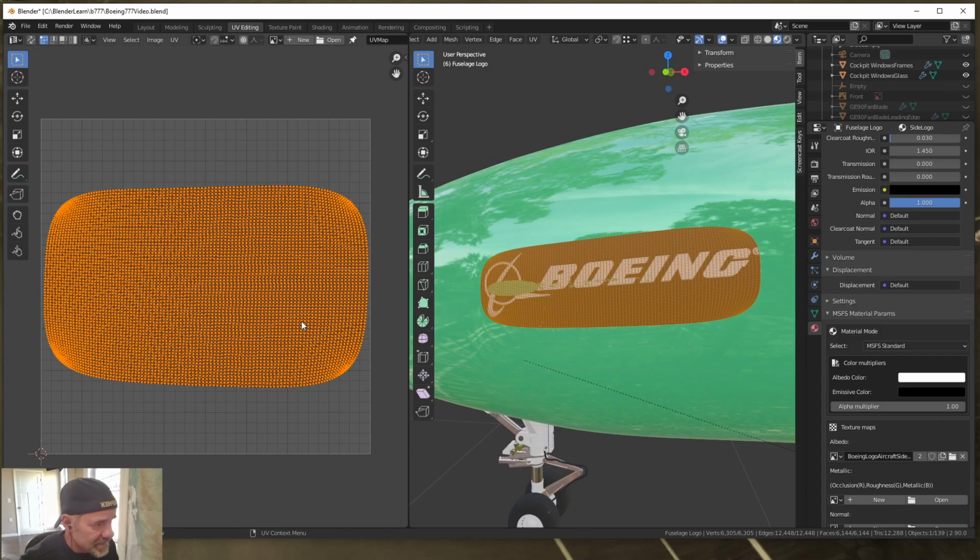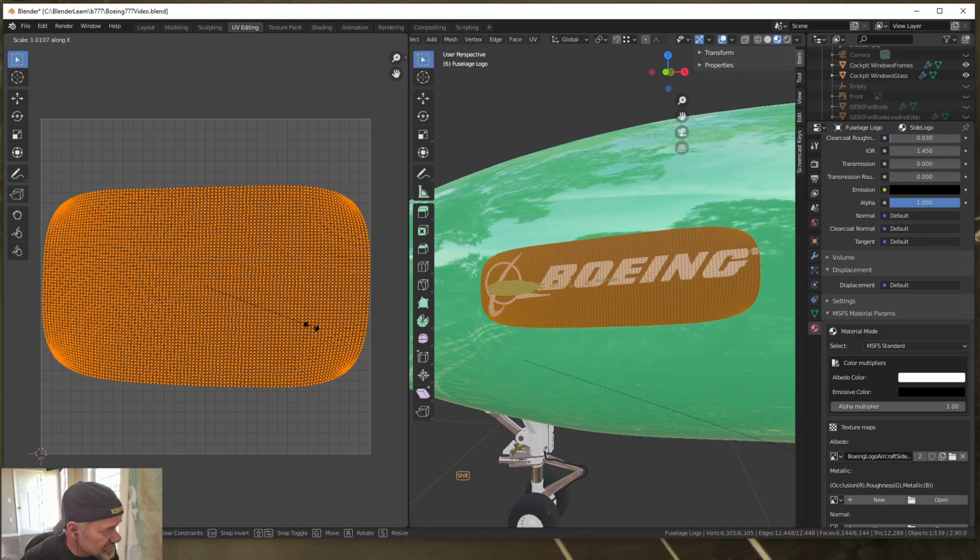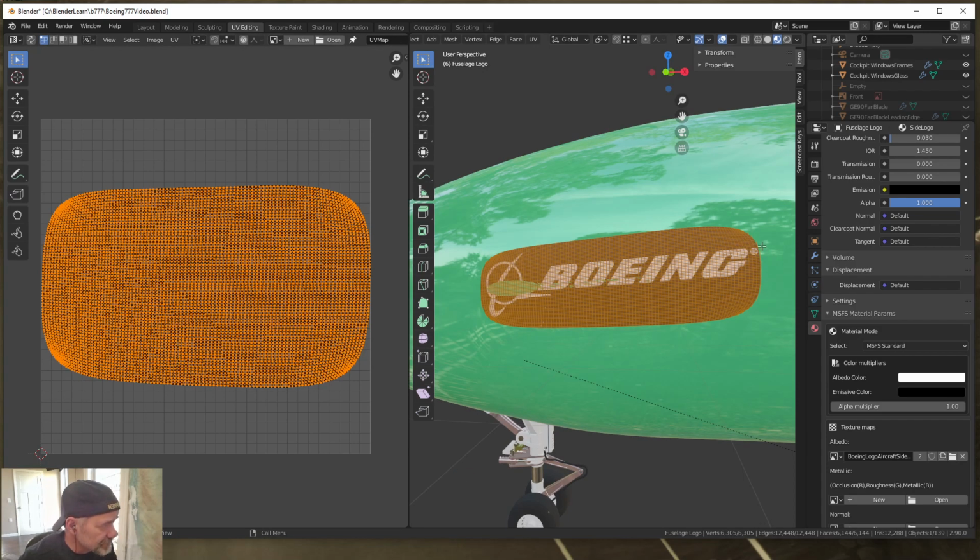Okay, now we could scale it one more time in the X so we can get that registration circle on the end right there with the R in it right here. Okay, so now that we have that,